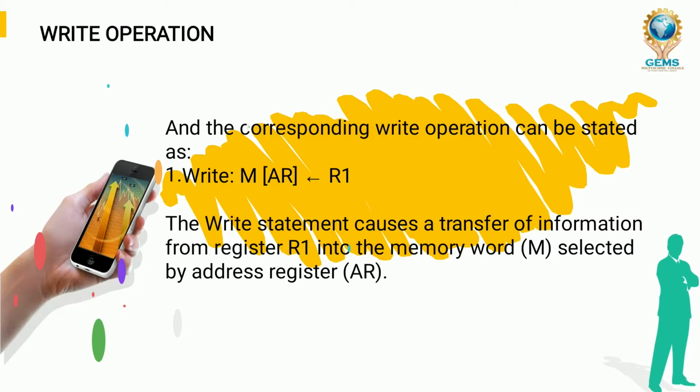Read operation is just information going from memory to the data register, and in write operation, the data comes from the register to memory for storage. One is incoming, the second one is outgoing. When the information goes out, it is called read operation. When the information comes inside of the memory, it is called write operation.